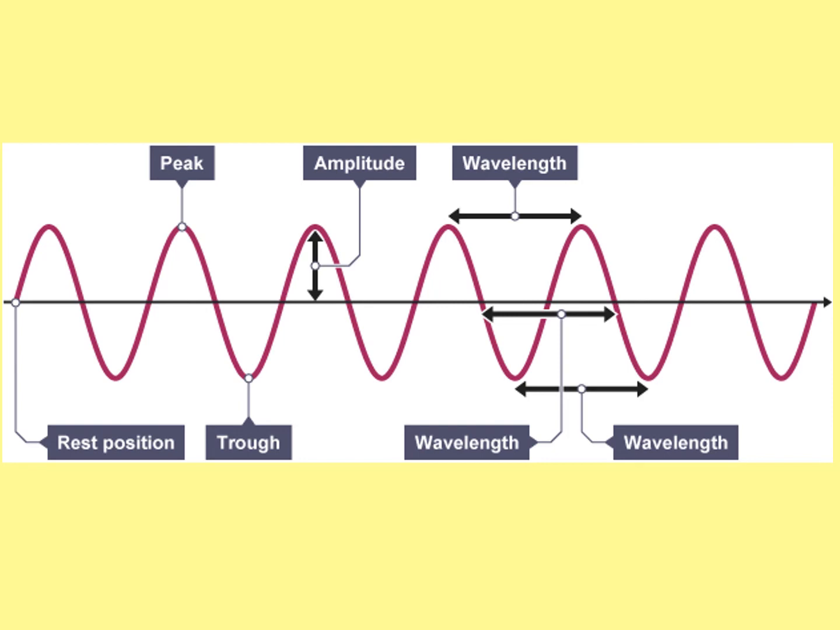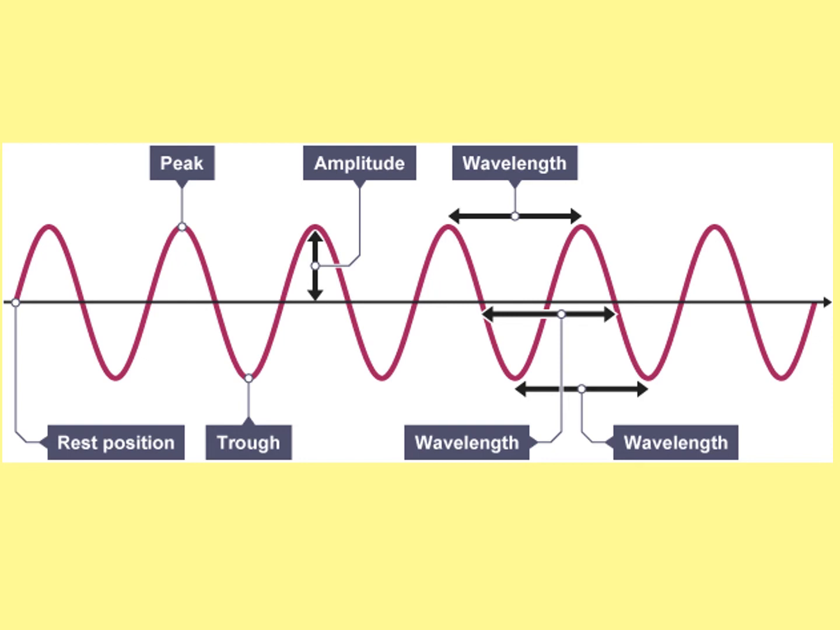So the peak of a wave is the highest point of a wave. The trough is the lowest point of the wave. The amplitude is the distance from the middle to the top of a wave. The wavelength is the distance between two equal points on a wave. Normally, we measure peak to peak. So it's really important that you know these properties